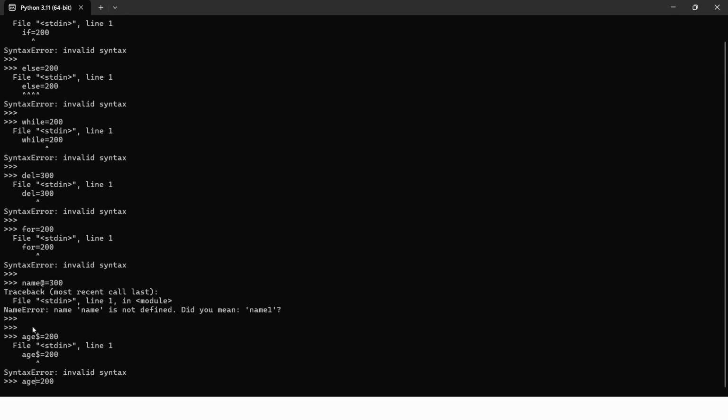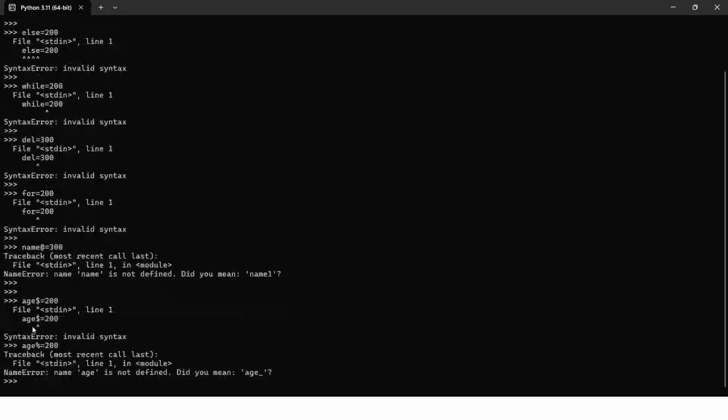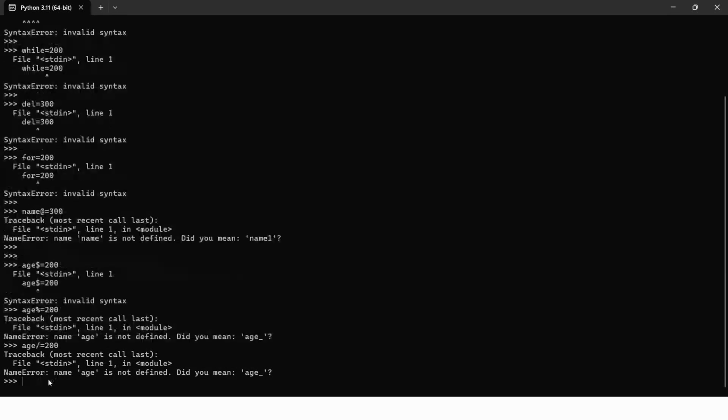Similarly, age percentage gives a syntax error, and it is just giving a suggestion, right? Some slash if I give, it gives something like this. Okay, let's change this to something like gender, we haven't taken that. Let me do one thing, I'll just clear this.